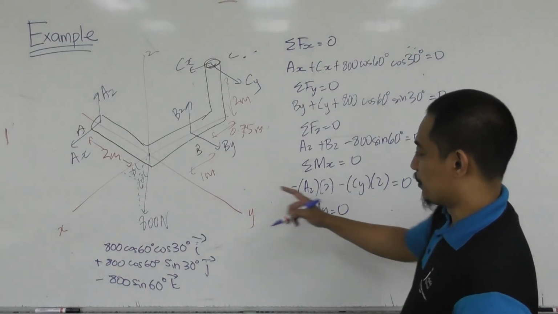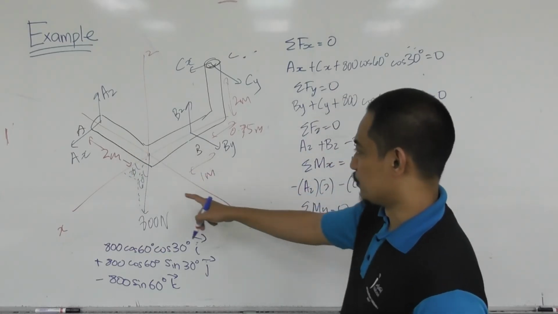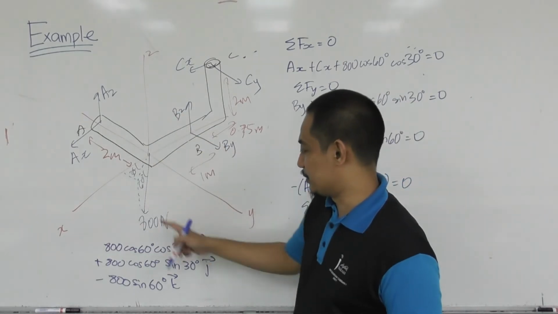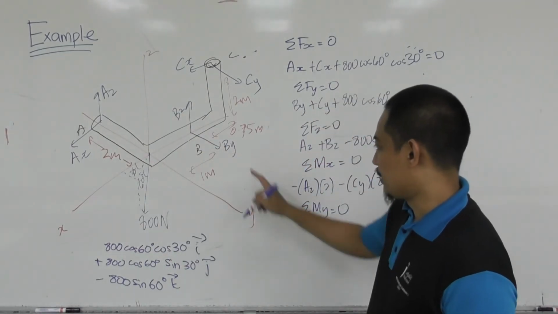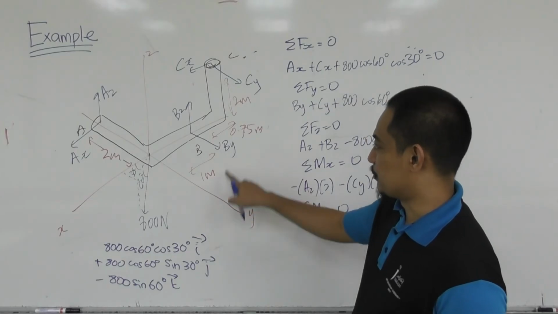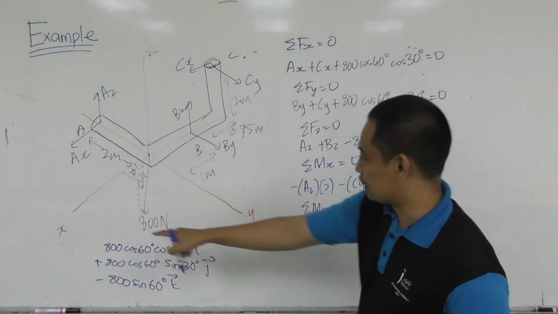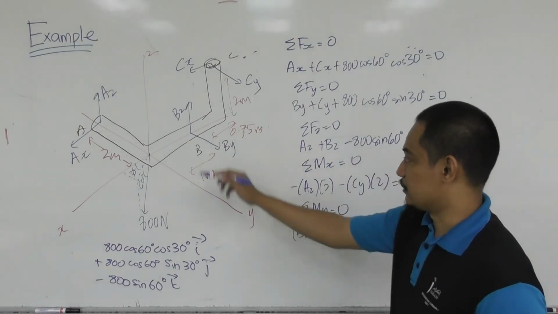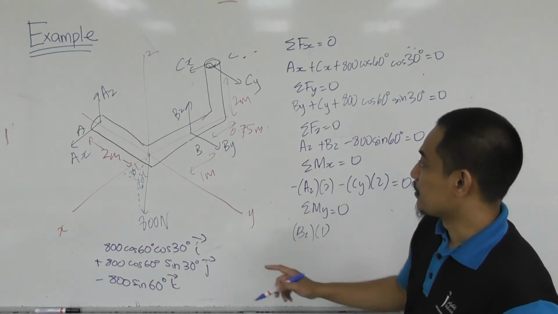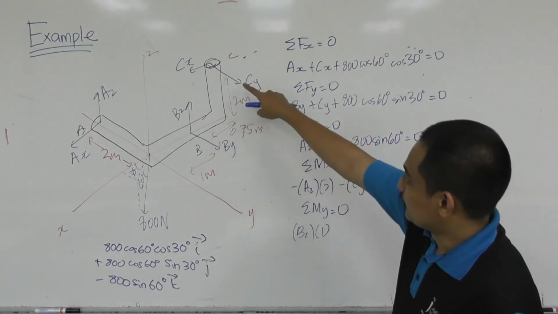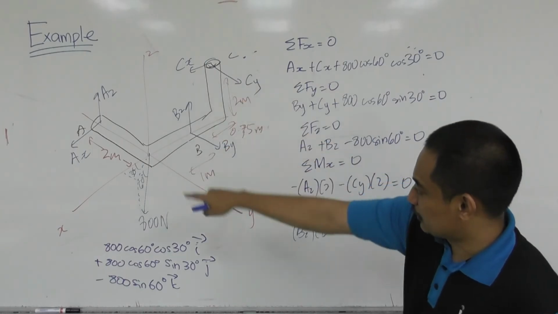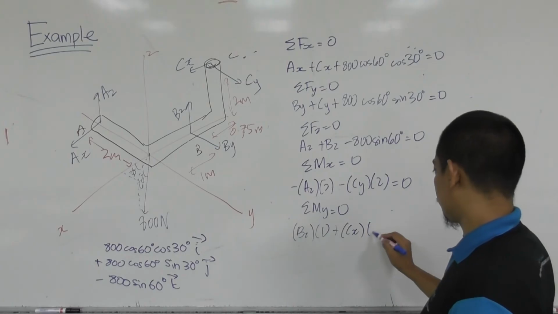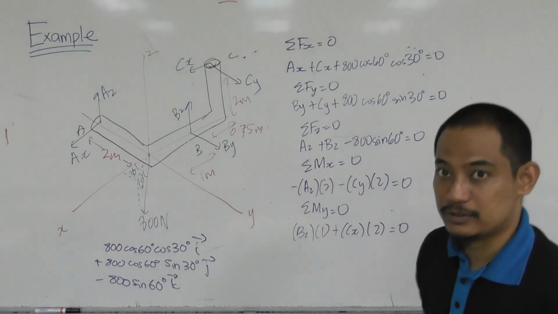Okay. So moment about y-axis equal to 0, right? These two obviously are on the y-axis, so they don't produce any moment. This one at origin doesn't produce any moment. By is parallel, so it doesn't produce any moment. Bz produces counterclockwise, so plus Bz times the distance of 1 meter there. And then about y, Cy is parallel, Cx counterclockwise, so plus Cx at a distance of 2 equals 0,